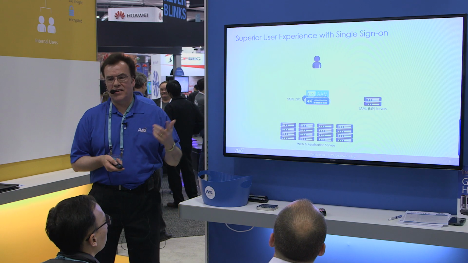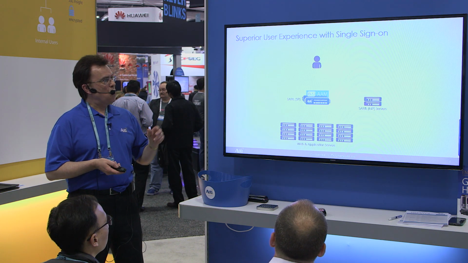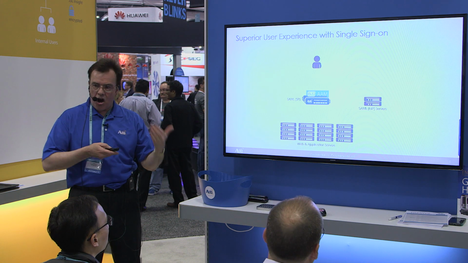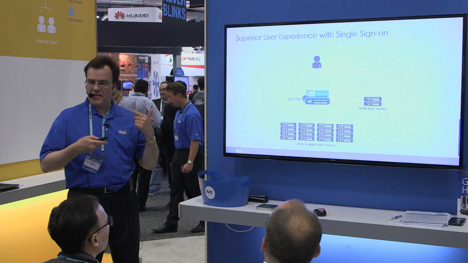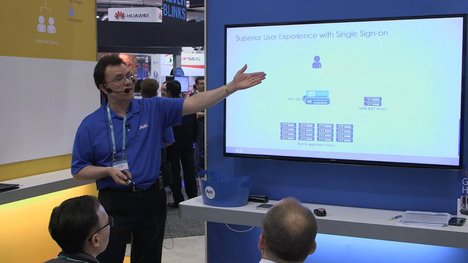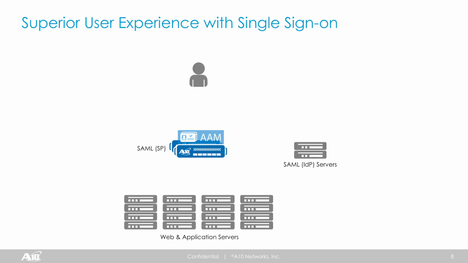Now, obviously, single sign-on is an important topic, and if there's one thing the poor client here dislikes more than having a delayed authentication and delayed content, it's the fact they have to keep entering their user credentials. And I'm sure we've all been there, constantly entering your credentials. They don't want to see that. They want to see a single sign-on. So with SAML, what SAML does is it provides a secure way to send information back and forth between the service provider, AKA the ADC, the app delivery controller, and the identity provider, AKA the AAA server on the other side. So SAML is a very nifty way to do authentication and achieve single sign-on, and we at A10